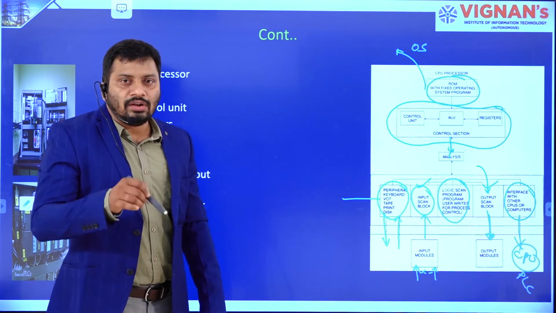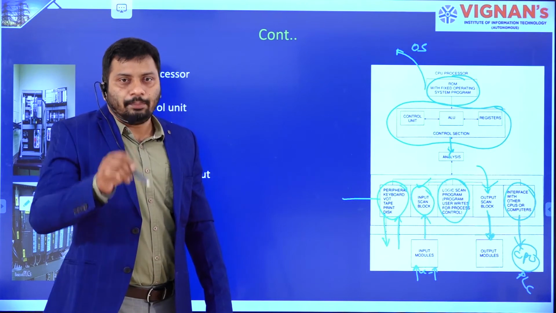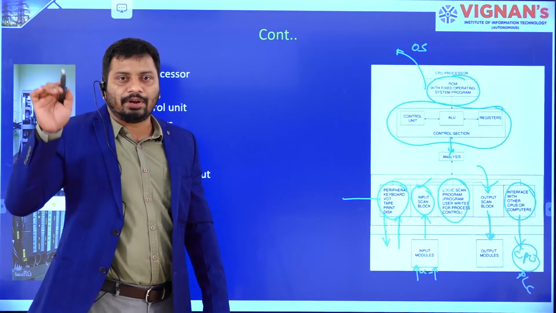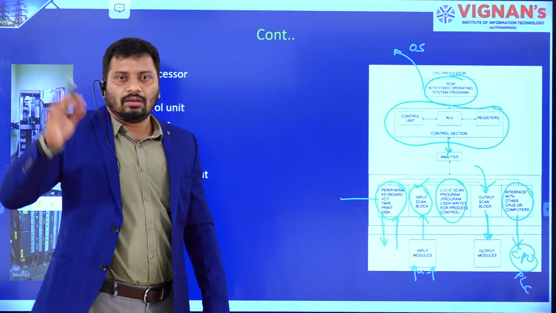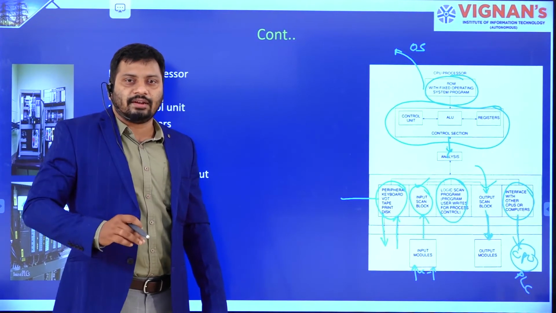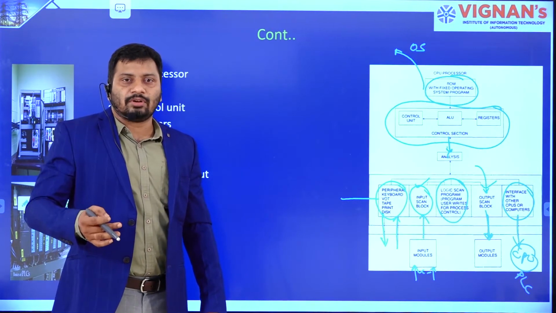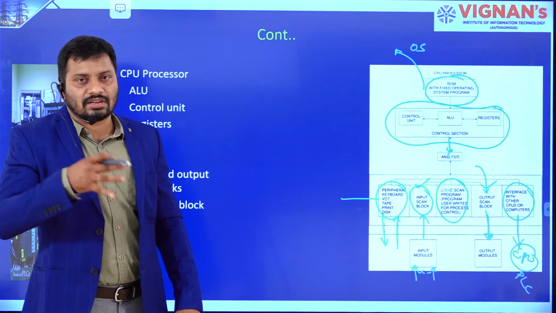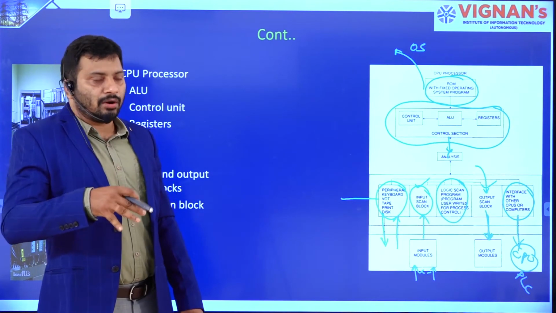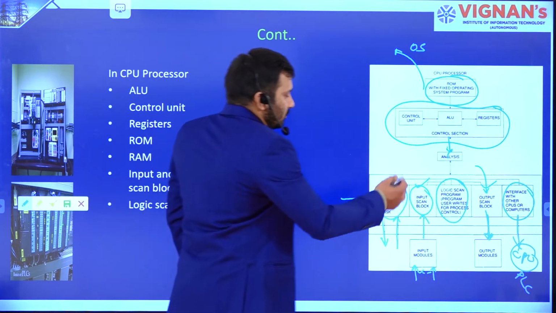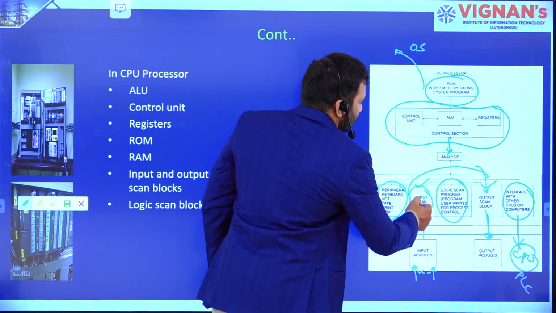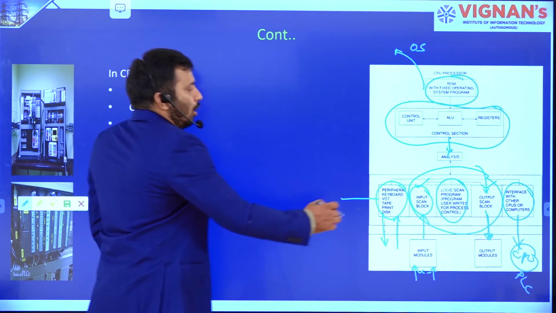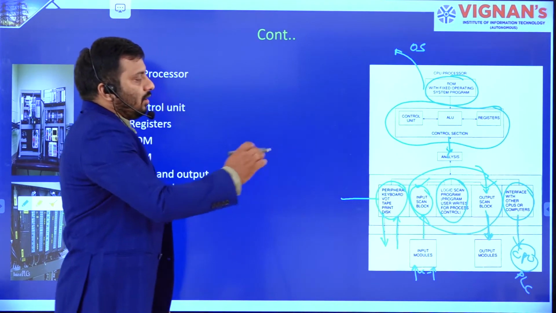So now my intention, as I said previously also, is to stress only memory, right? Why? Because previously we discussed the processor from 8085 to Pentium processor. If you go for a high-end processor, what advantages come to the picture, we discussed. Especially here I want to stress the memory part, so to stress the memory part, I am going to explain these 3 blocks clearly: input scan block, logic scan block and output scan block.